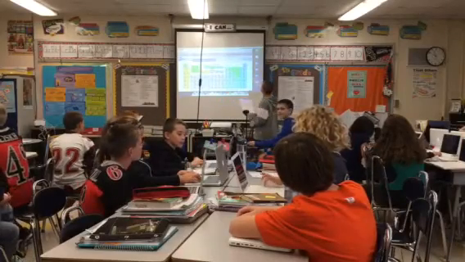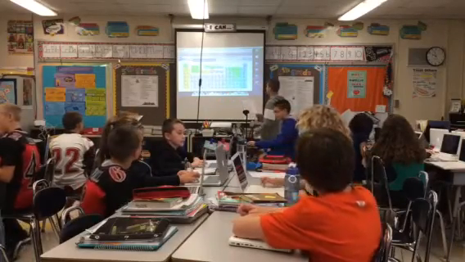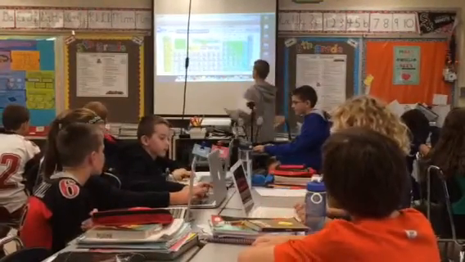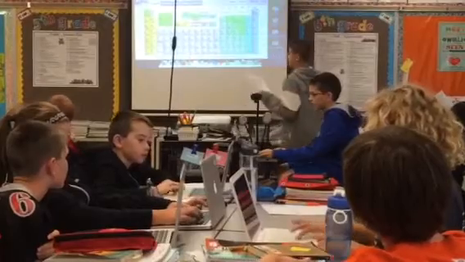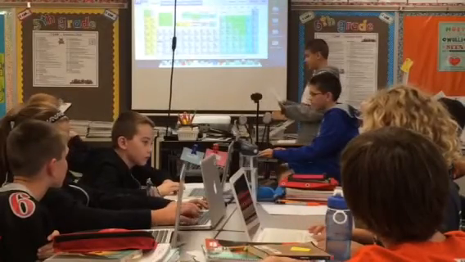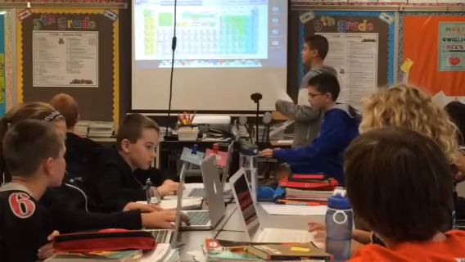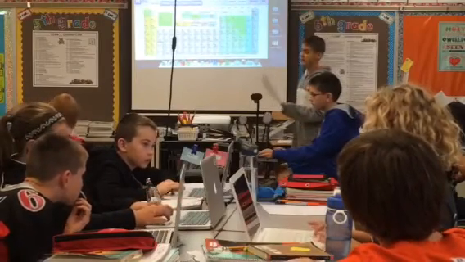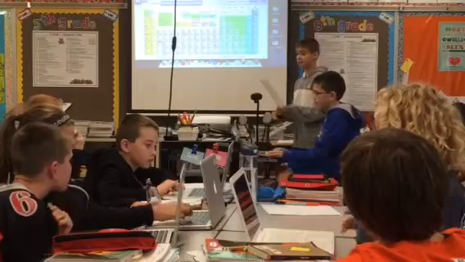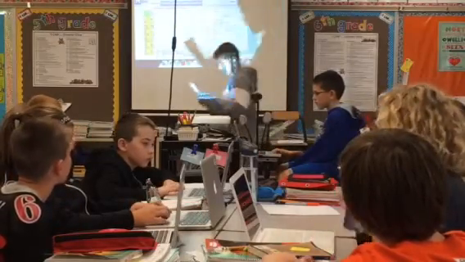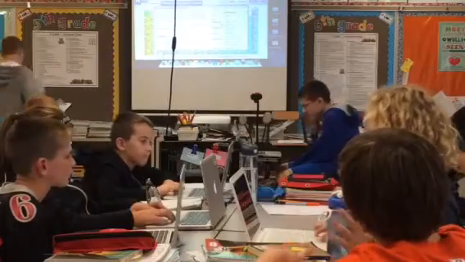Today's element of the day is hydrogen. Hydrogen's atomic symbol is H, and its atomic number is 1. It is the first element on the periodic table. It turns into gas at negative 423.17 degrees, and it turns into a liquid at negative 434.45 degrees.